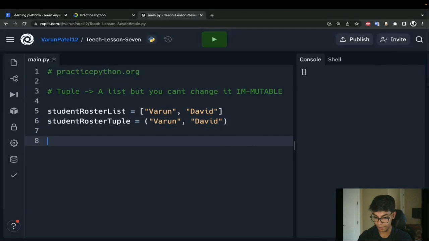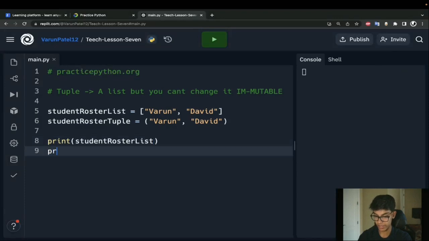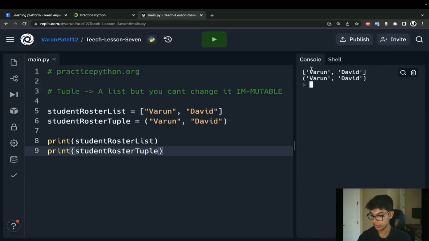And if we print this out, print student roster list, and then print student roster tuple. If I run this, both work, right? One of them gives me a list, the other one gives me a tuple, and I can tell the difference based on one having brackets and the other one having parentheses. Cool.